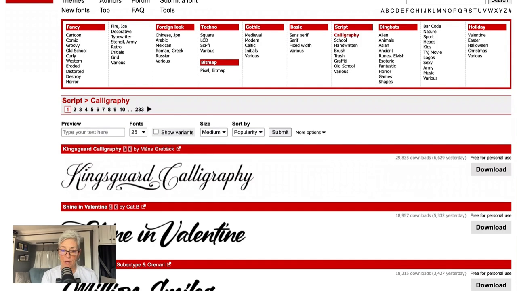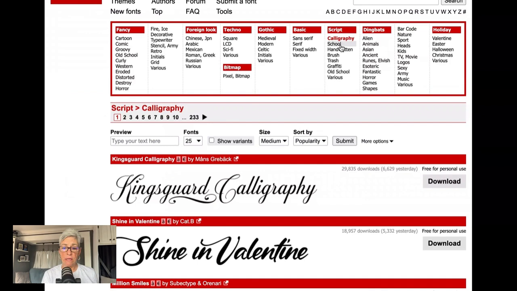The first site that I have up here is called dafont.com. All of these links will be in the description below and also on the class handout, so you don't have to worry about that. One of the reasons I like this is because these fonts are most often free. So one of the things that I would do is to search for the particular kind of fonts that we